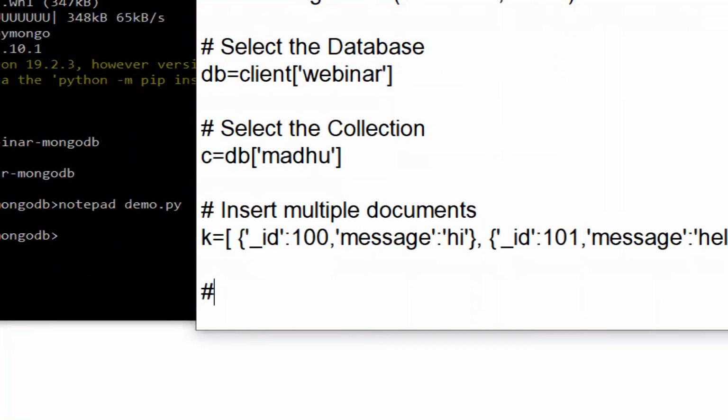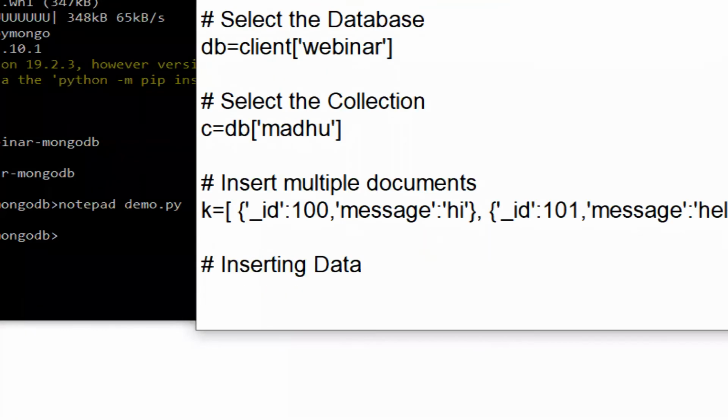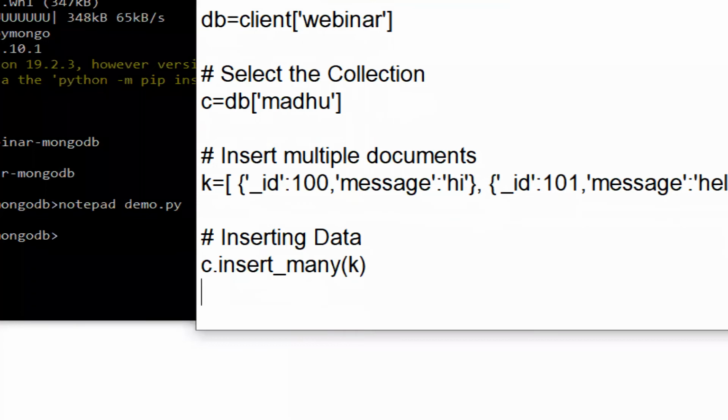How to insert data? c.insert_many(k), which is nothing but this set of documents will be inserted into the collection, and that collection is accessed through c.